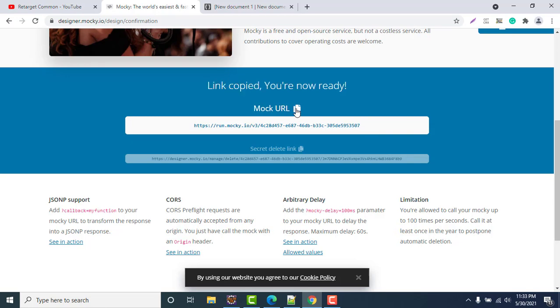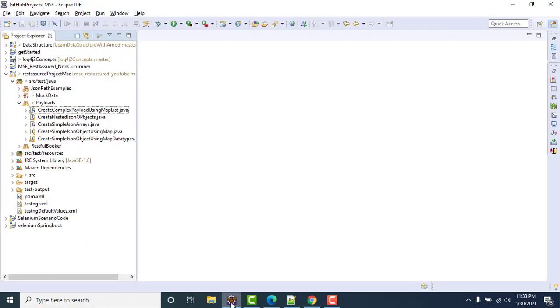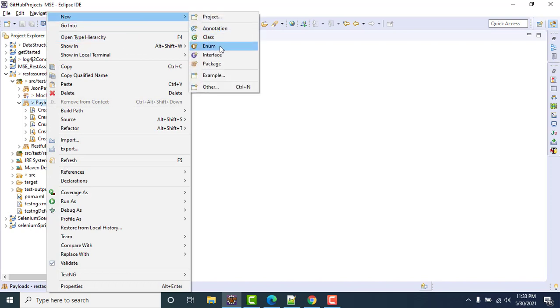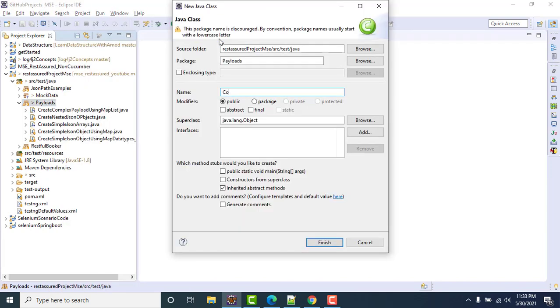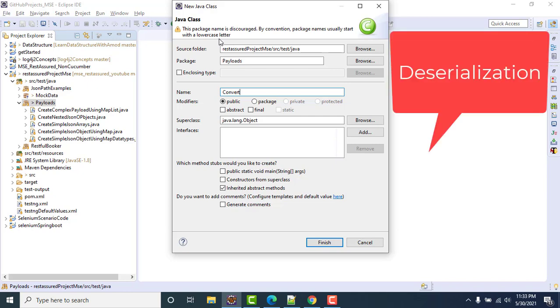So let me copy it and let's go to Eclipse, where I am explaining the example programs, and let me create one class. I will name it convert, or the actual term is deserialization, which will be used in interviews as well. It's not convert because I have not covered the concept of serialization and deserialization.